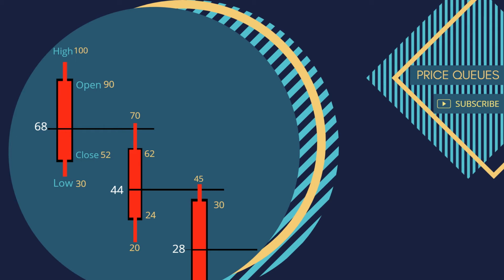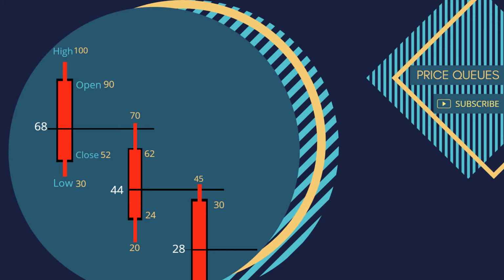Now as you can see in the example, each and every candle reaches or tries to touch the previous candle's mean and then continues in the following direction. The first candle's mean is at 68. The second candle's mean is at 44 and the third candle's mean is at 28. As you can see, whenever you see a huge candle or see a breakout and you want to enter into the trade, instead of entering at any random level or at a lower level or higher level of that particular trend, one should use this strategy for executing better entries.